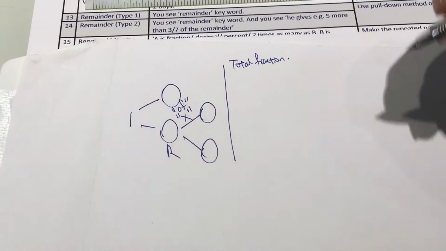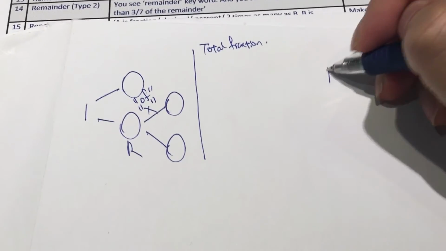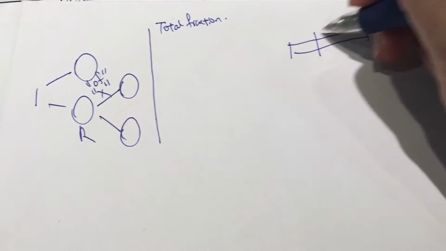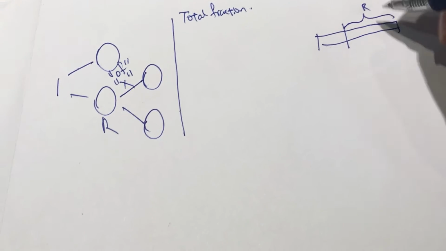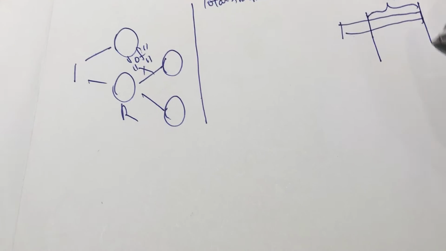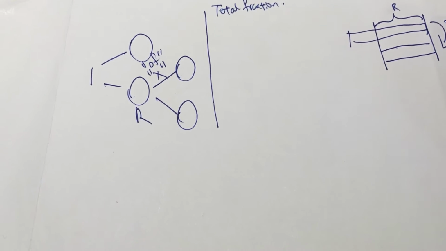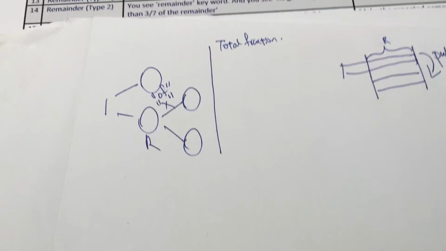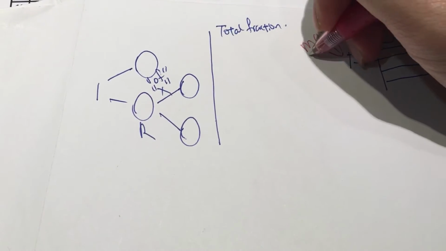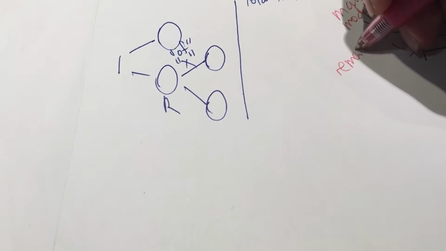Next, if you don't want to use branching, you can use another method which is called the pull down method. For example, this will be the remainder, and then you want to do a pull down method, and then you pull down here. So in a sense, what you see here is the main model. Let me write here for you, and then here will be the remainder model.